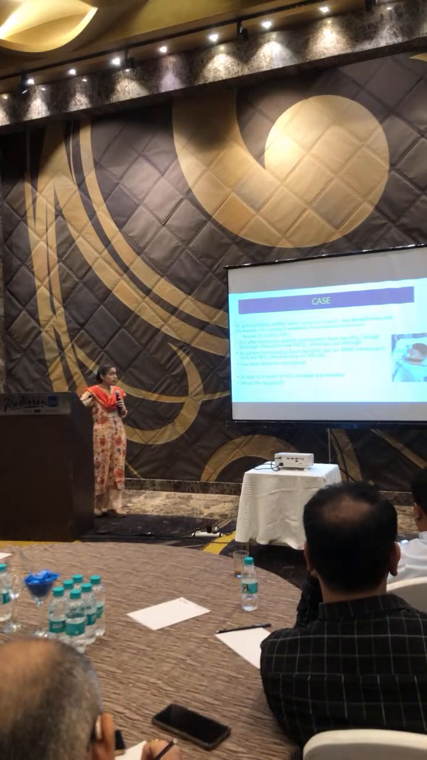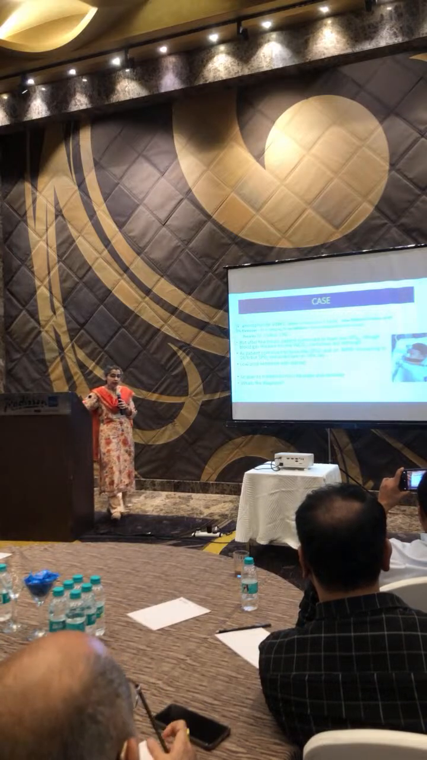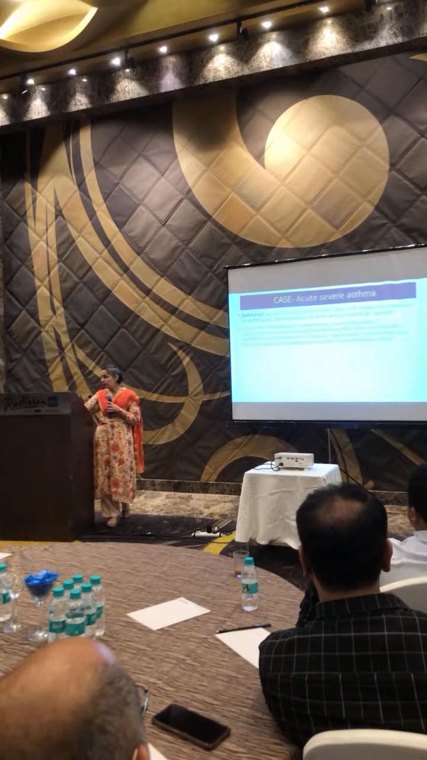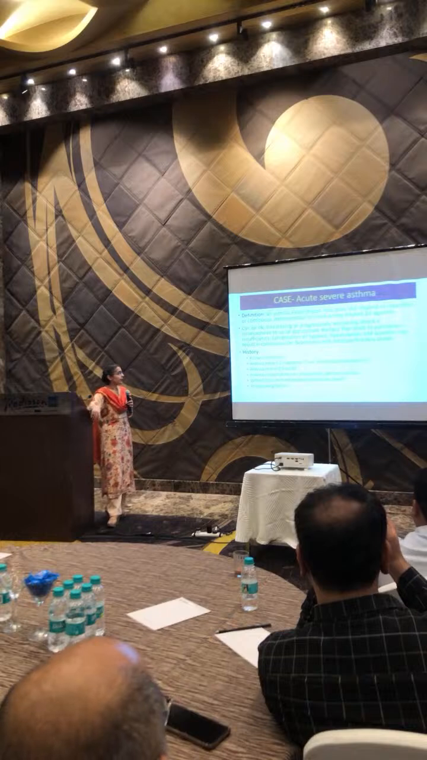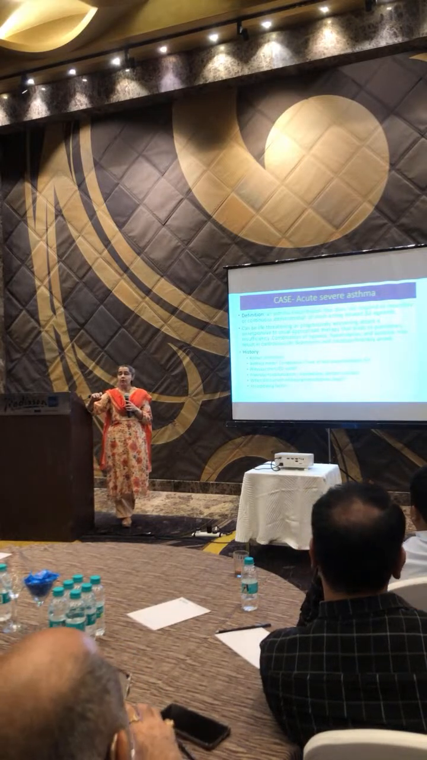So what is the diagnosis of this patient who is not responding to normal treatment? Initially it used to be called status asthmaticus, but nowadays it is called acute severe asthma. So this is a life-threatening asthma, which any patient who is not responding, normally we say